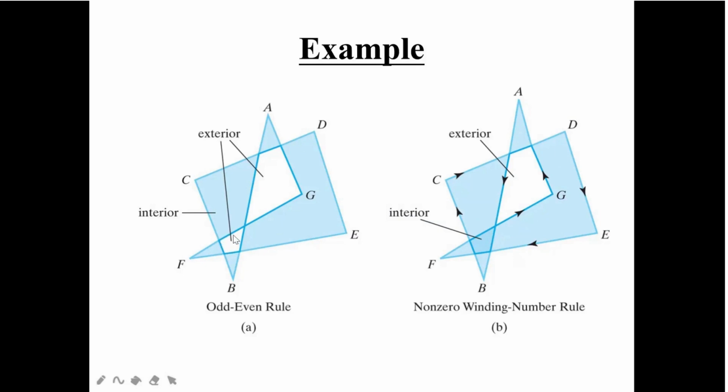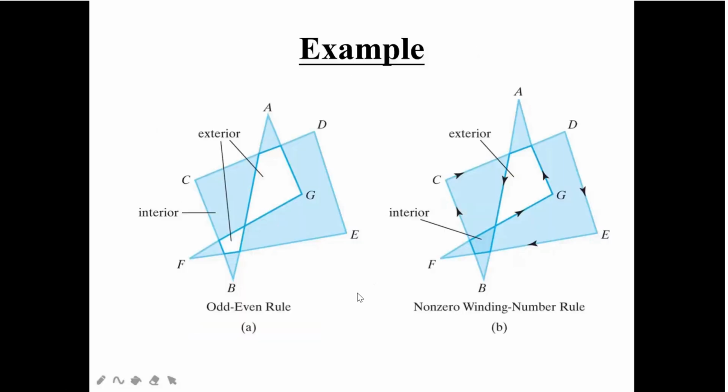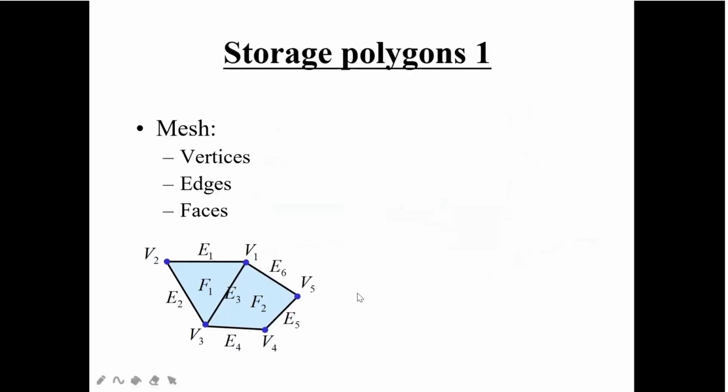Here you can see as it is not shaded, so it is going to be an exterior, you can check it out. But here it will be an interior part, because in this way you have to see through which the arrow mark has gone. So if it has covered that area, it means it is the interior part, okay. The point is inside the interior. So this is about how you are going to find out whether the point is inside or outside of the polygon. So you can get a 4 or 5 marks question. Just write that kind of explanation, you will get the marks. Now here you can see I have some storage polygons, okay.